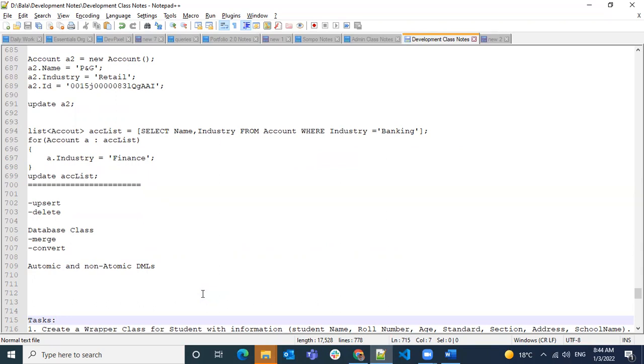So whatever the return value of SOQL and whatever modification you make, when you do update, only those records will be affected with your changes. You can do the single record also. Okay, any other questions you have?